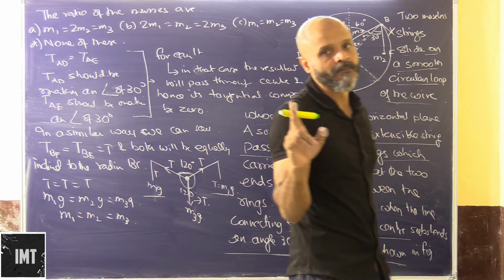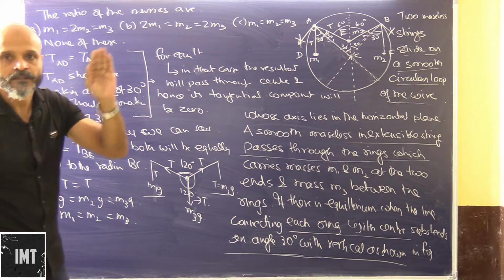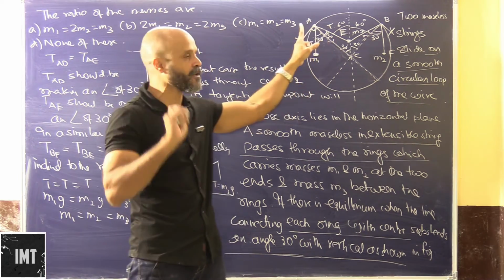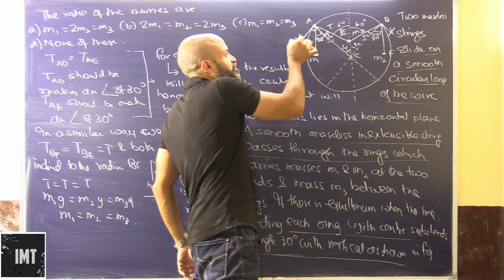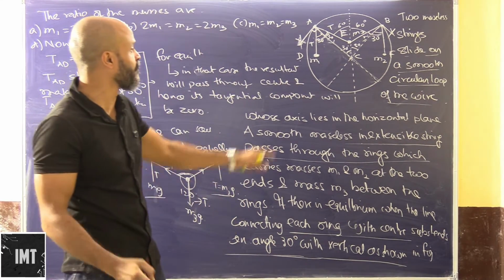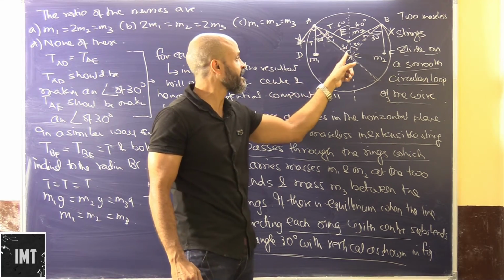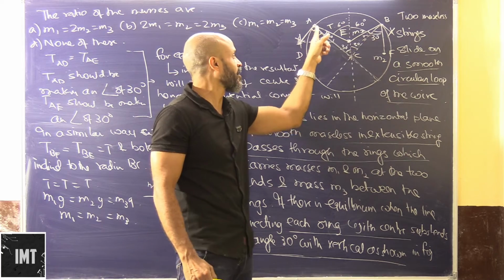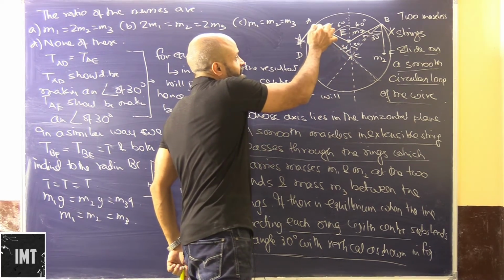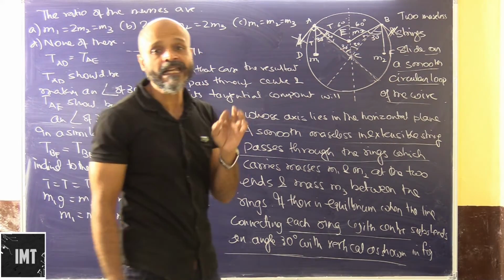A very conceptual problem which has deep insights about Newton's laws of motion. There are no calculations out here, you just have to crack this by your conceptual thinking. The first thing that is striking is that in order for this to slide down, there has to be a resultant acceleration acting in this direction, which means there has to be a resultant force in this direction. If this resultant passes through O, they will be bisected, there will be no resultant force, no resultant acceleration. The system will stay in equilibrium.